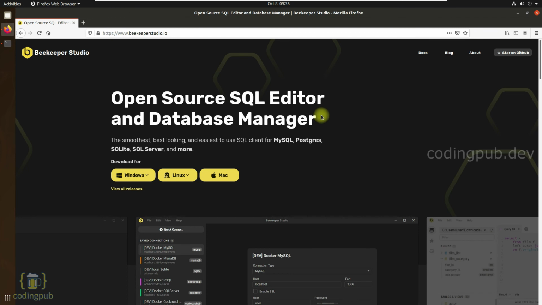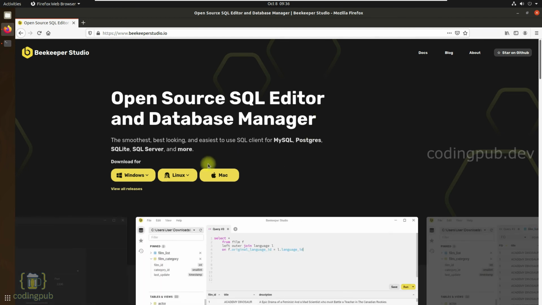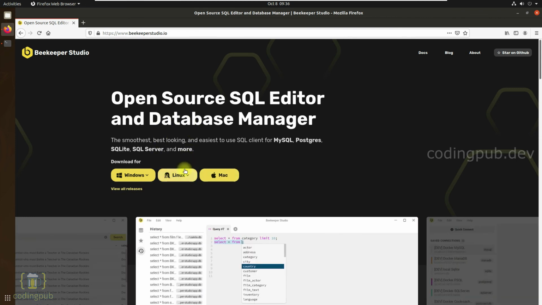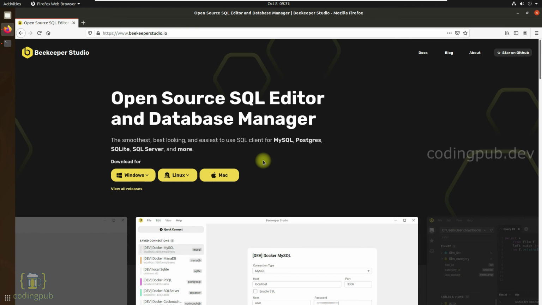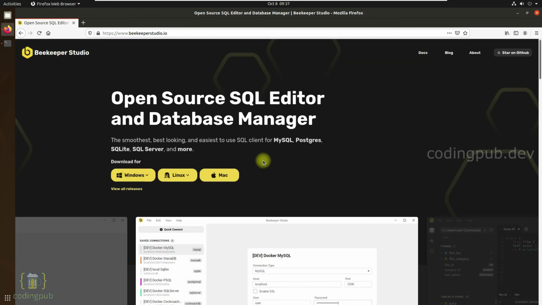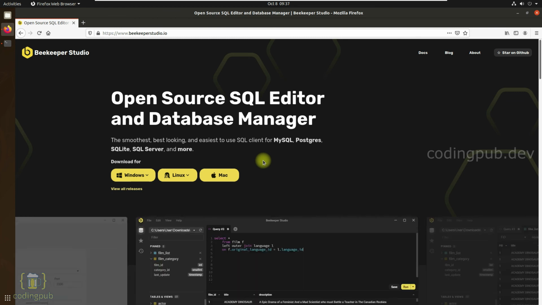This tool was built using Vue.js, and this tool is available for Windows, Linux and Mac. For installing this tool on Windows and Mac, you will be able to download the installation files from this website itself. And for Linux, you will be able to see the installation instructions on this website. This tool was built using a framework named Vue.js by two cool developers, Matthew Rathbone and Gregory Gordon.